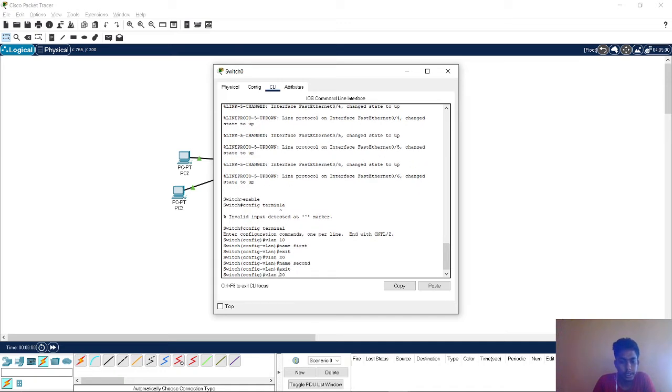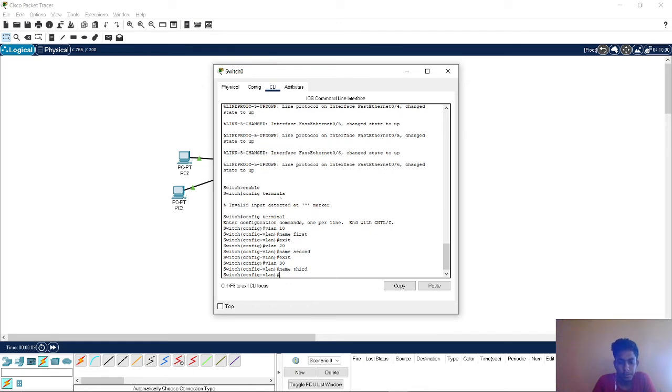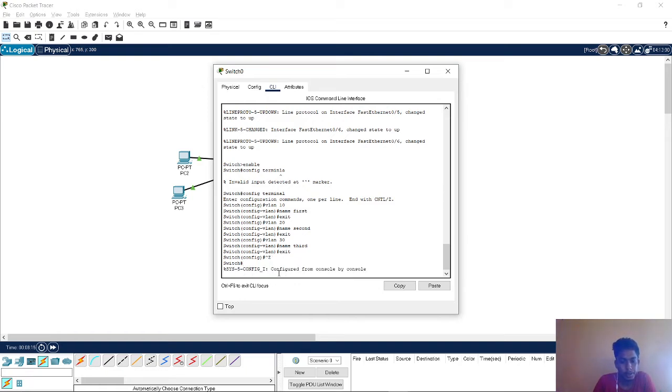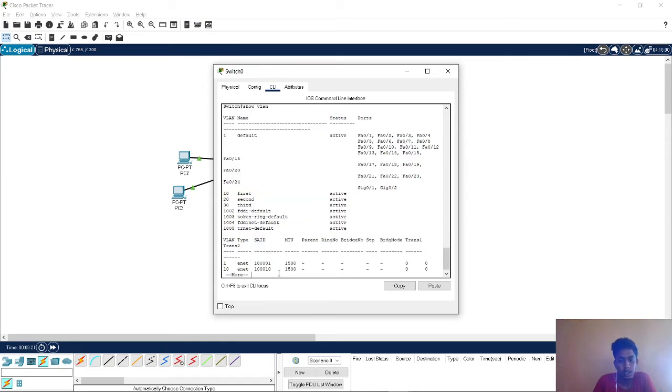The third VLAN is 30, and the name of the VLAN is third, and I'm going to exit. Now let us see show vlan. It will show first, second, third. So the three VLANs are in active status.